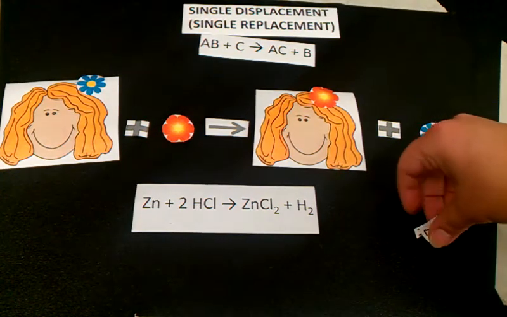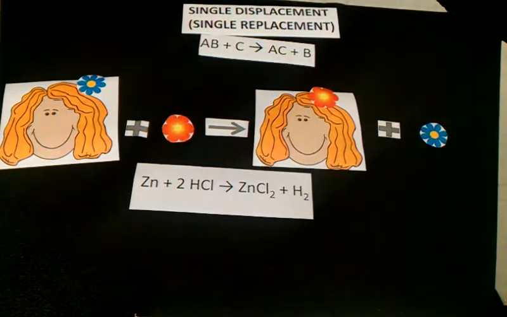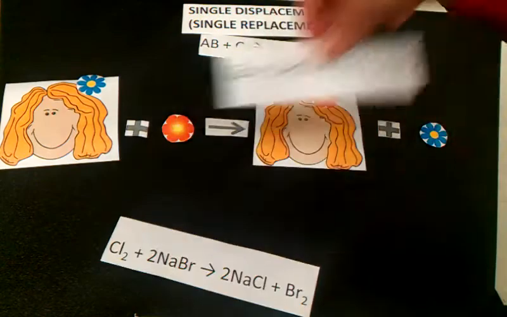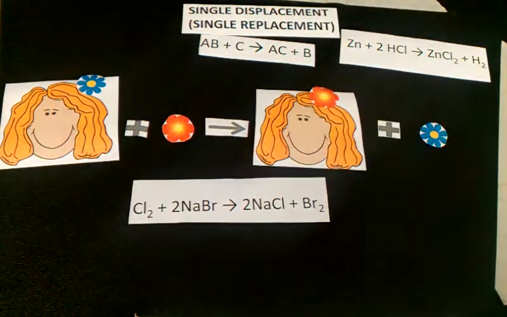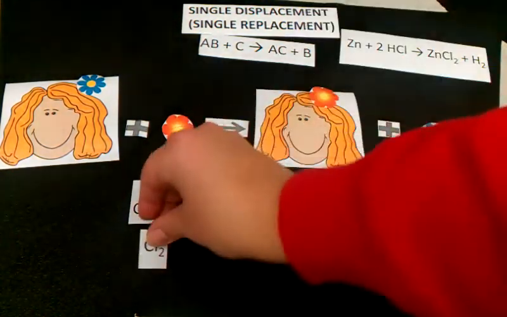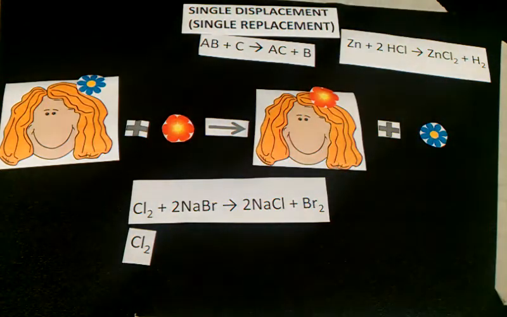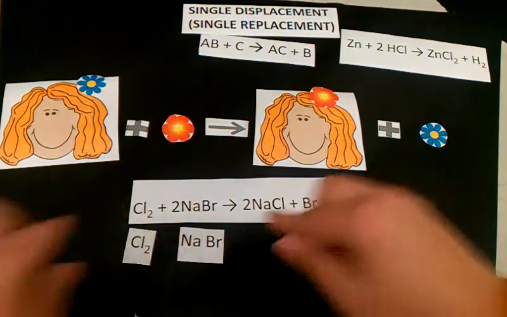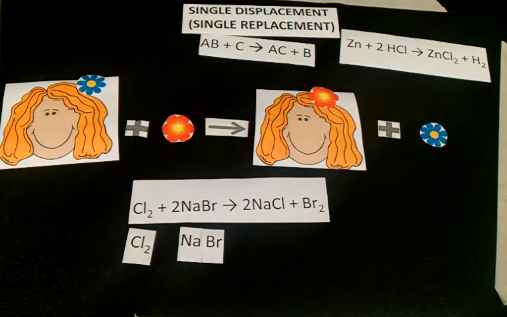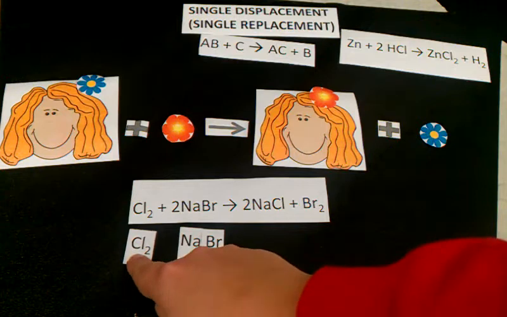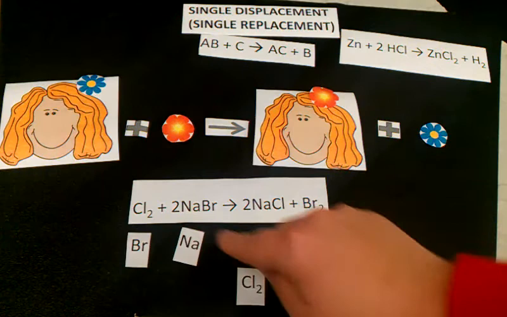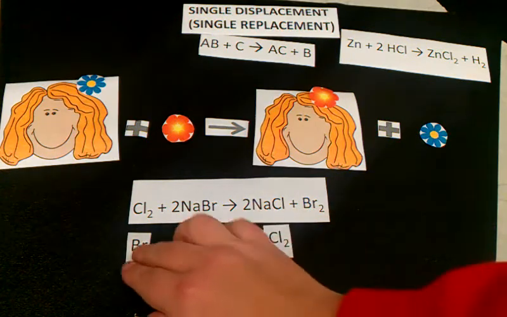Okay, let's look at another example. This time we're going to look at something that has an anion by itself. We've got chlorine by itself. Chlorine is a nonmetal. It produces anions when it produces ions. And we've got sodium bromide. Since chlorine is a nonmetal, an anion, it's going to trade places with the bromine, right, to form sodium chloride